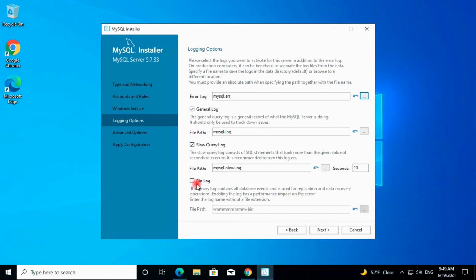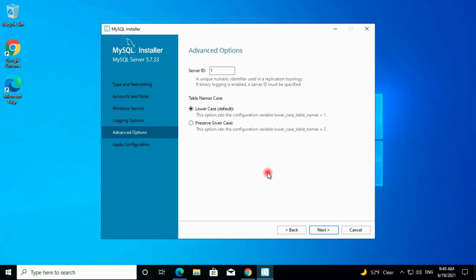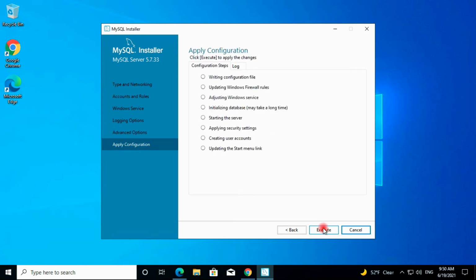Okay, and here also they are giving the binary log. If you want, then you can enable it. Okay, but I am going with this setting. Okay, so whatever setting is present, you can see here, using that I am going to proceed. Okay, now this is an advanced option. This option we use when we are configuring replication of MySQL. Okay, so currently we are not using it, but yes, put it in and proceed, and keep all the things default. Okay, now just execute all these things.